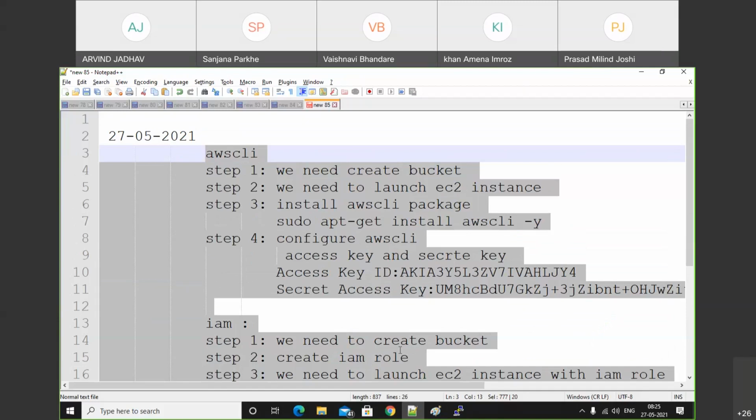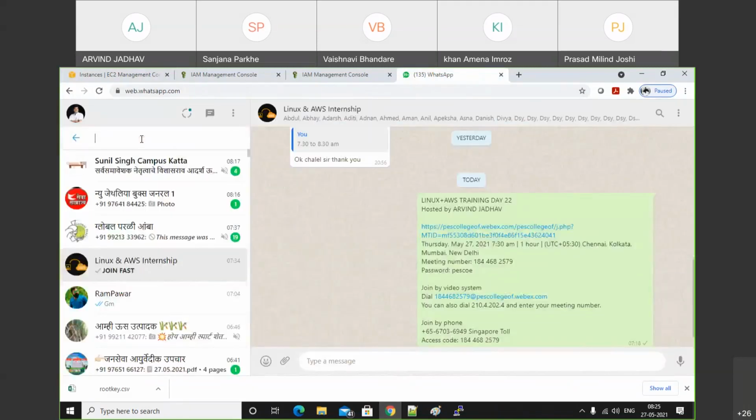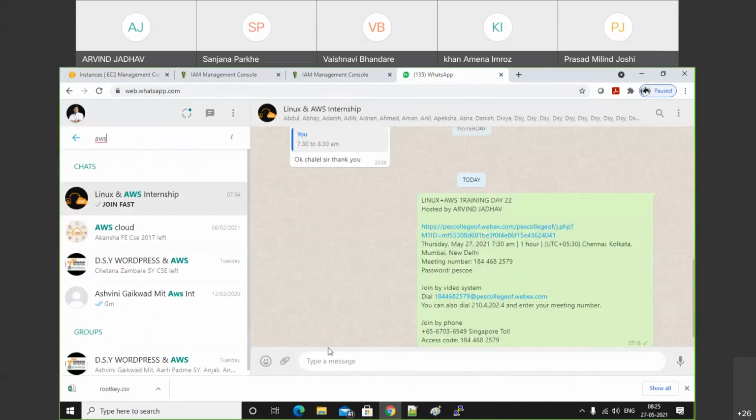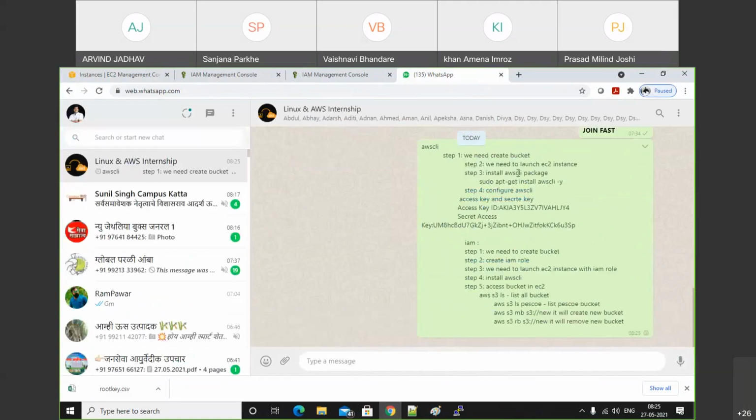Also metrics or CloudWatch related operation we need to perform. After that we'll close AWS. And for the Linux DSY students, there is one lecture we need to perform for script and crontab related tasks. I will copy this. Tested those steps. So follow these steps.